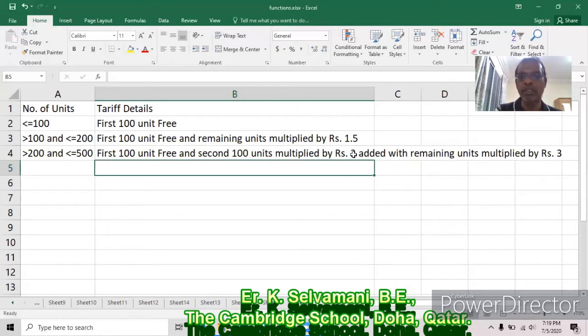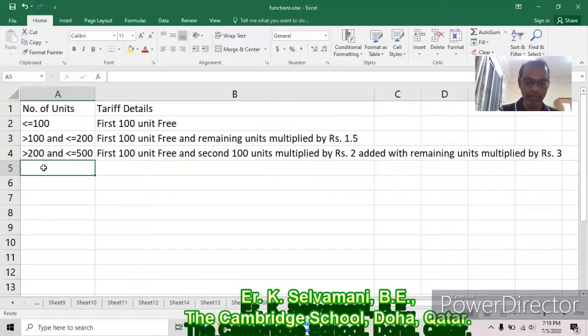The first 100 units are free, that is 0, plus the second 100 units multiplied by 2, 100 into 2, 200. So 0 plus 200. That should be added with the remaining units. The remaining unit is only 1, 1 into 3, 3 rupees. So 0 plus 200 plus 3, you have to pay 203 rupees. What will happen